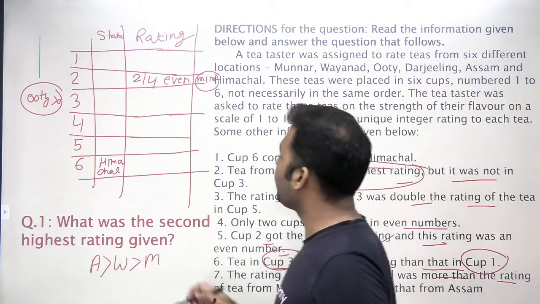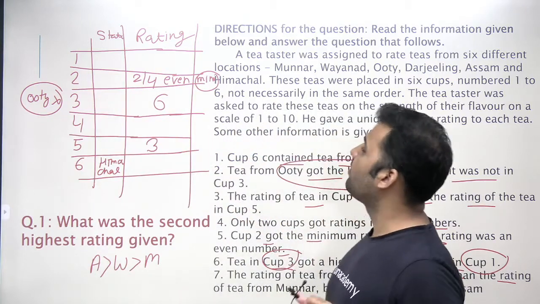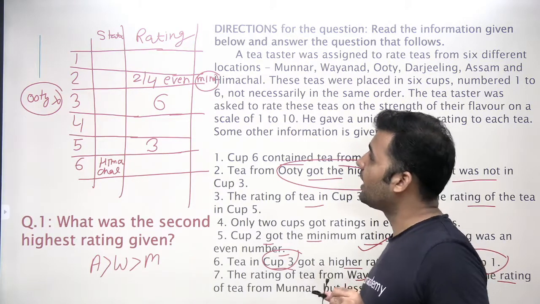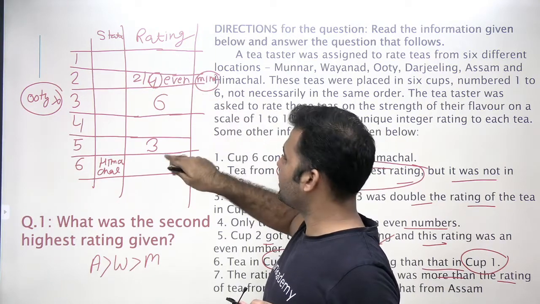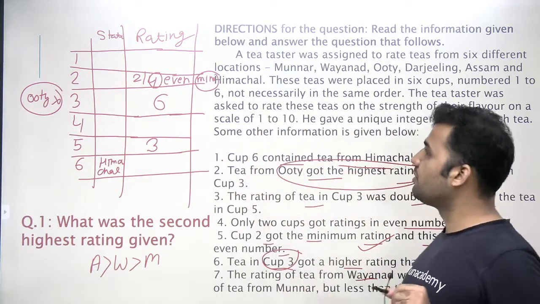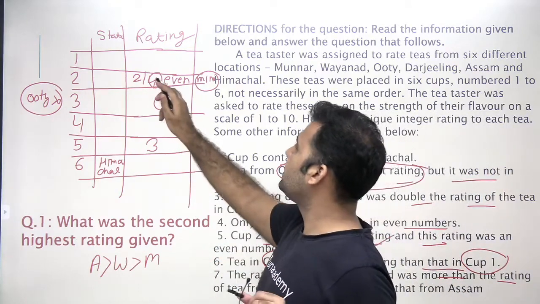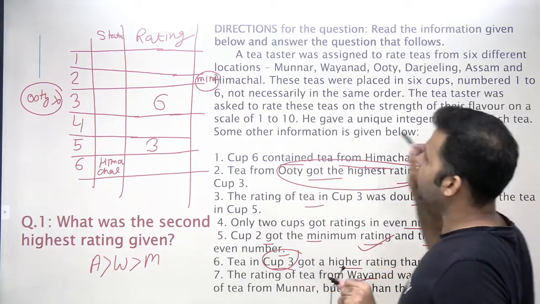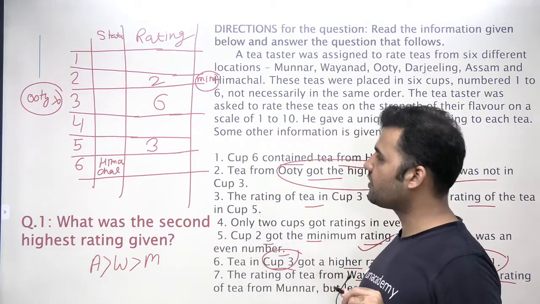So now let's write it down. So this is rating 3 and this is rating 6. All right. What about cup number 2? Now cup number 2 has two ratings, either 2 or it can be 4, and it has to be minimum. Now you see that if I put a value of 4, then it will not be a minimum rating, because then 3 will become minimum. I need to keep the rating of the cup number 2 as minimum possible. So therefore out of 2 and 4, I will choose the option of 2 because that is less than 3. So therefore I also get to know that the rating of cup number 2 will be 2, right? Okay, so these are the three values that we get to know.